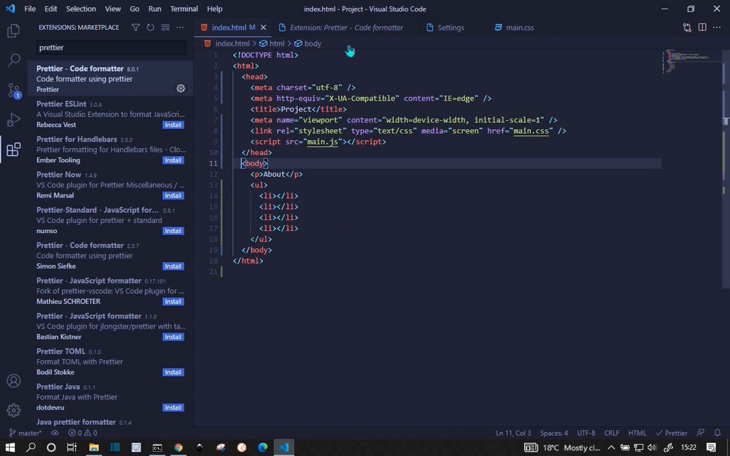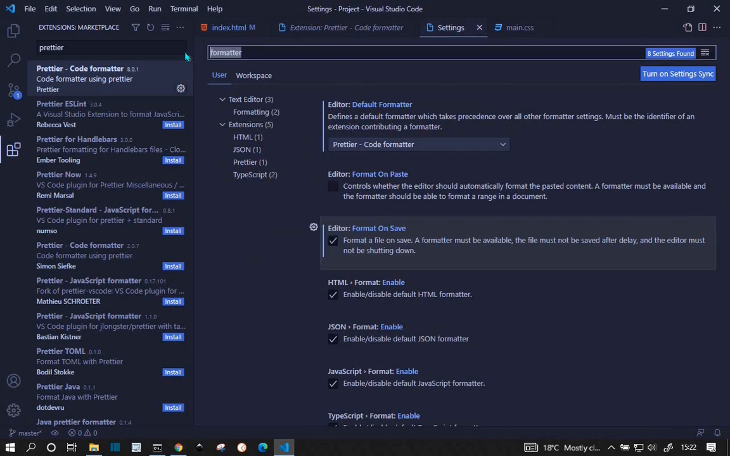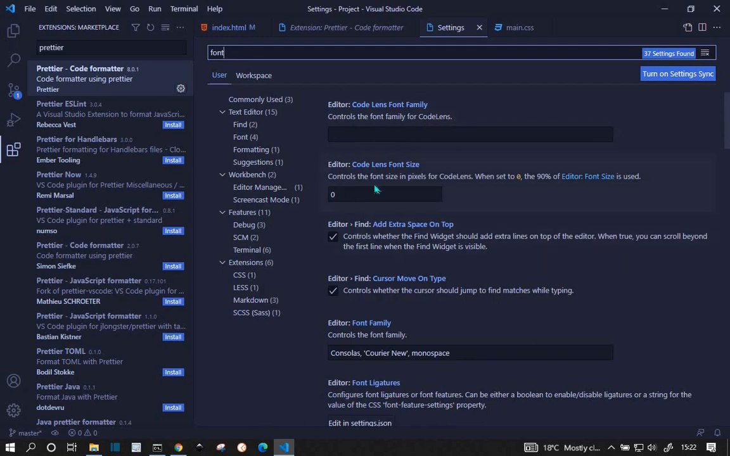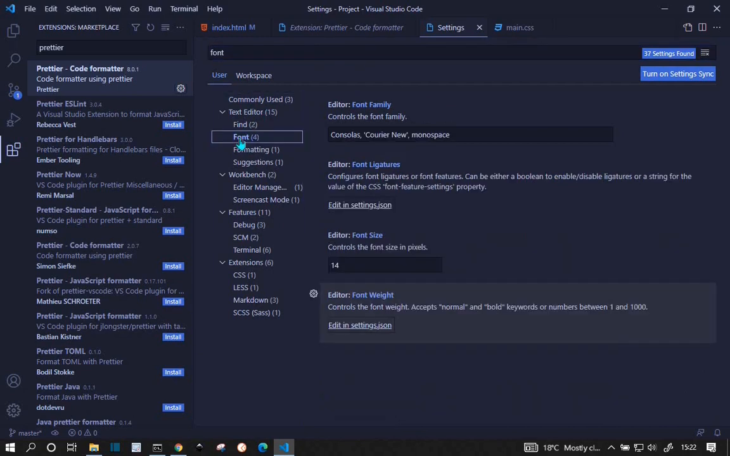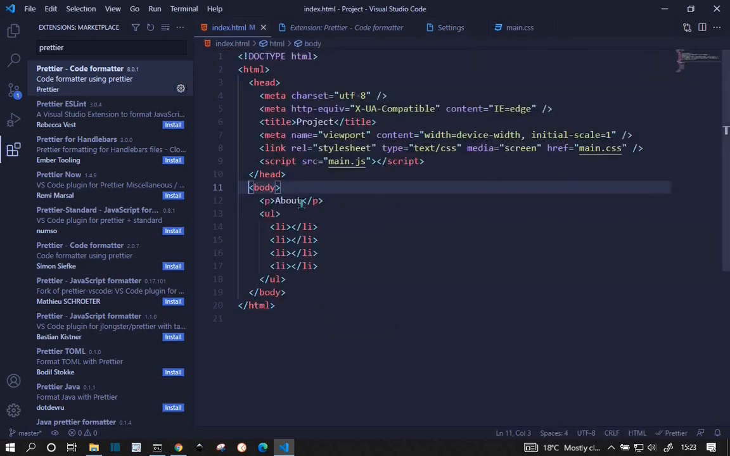And another thing from settings is that you can change the size of the font here. So to change the size of the font, you can search for font, and then actually I can just click from here. You will see text editor and then font. Click on font, and right here we have where you can change the font family, and right here we have where you can change the font size. If I change the font size to 17, then when I come back, you'll see that the font will be